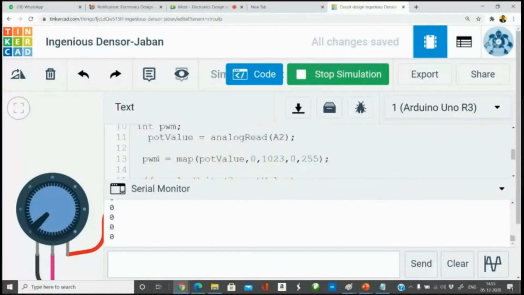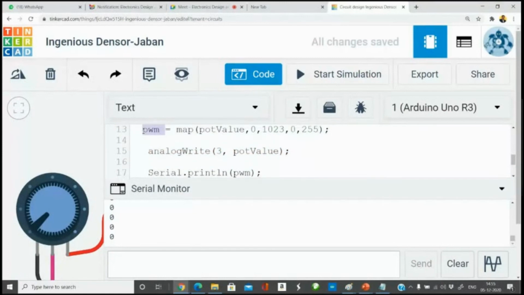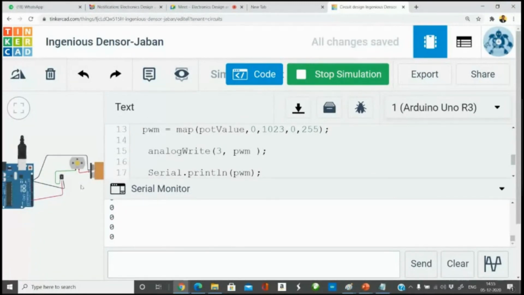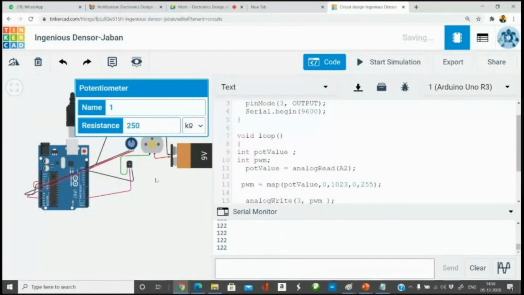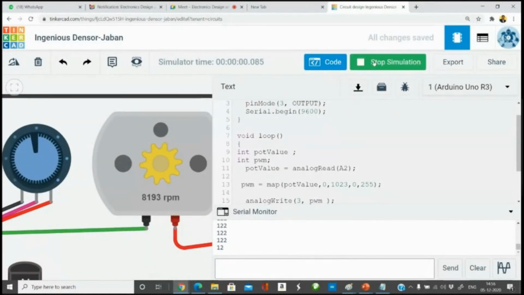This PWM is what I am supplying to analog write. So in the analog write function, I take this PWM and connect it here. Now, whatever I read from this potentiometer, I supply to the motor's output terminal. Maybe I can pull this and put it here somewhere in very close proximity. If you run this, you can see that as I decrease the potentiometer to 0, the analog value is 0, the digital value is 0, so the pot value is 0. The pot value is giving me a 0 PWM. The analog write of 0 is again giving me 0 RPM.